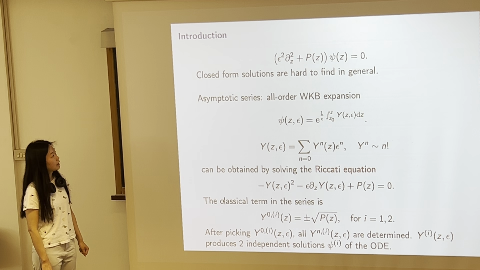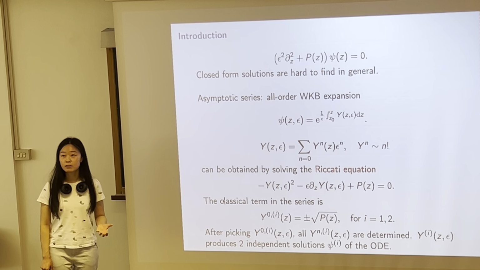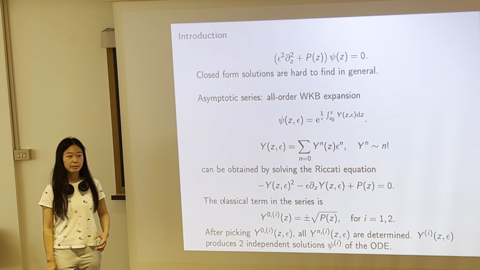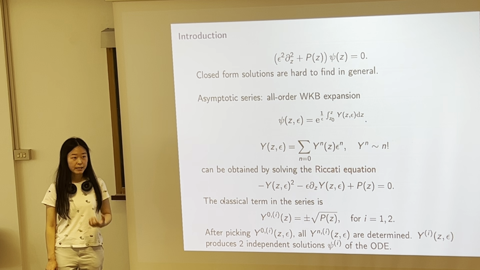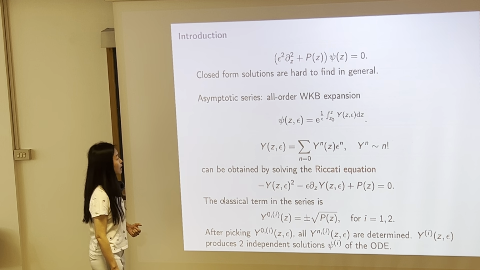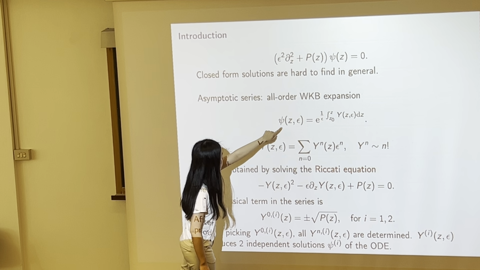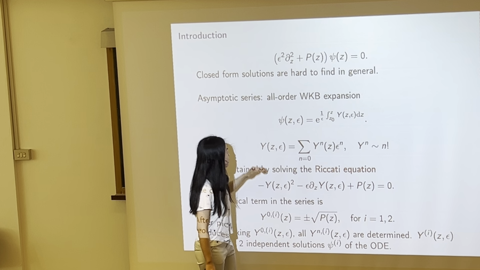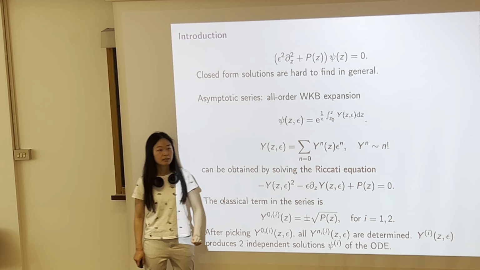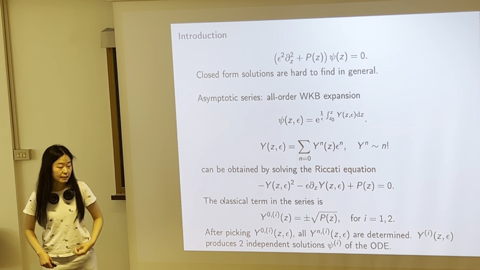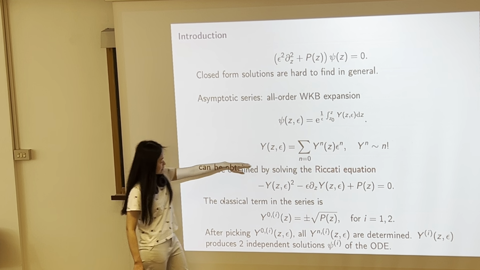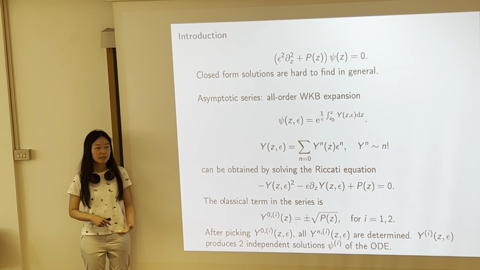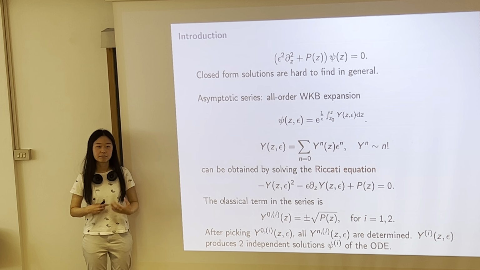Okay. So if we just have such a Schrödinger equation, we know that it's in general hard to find a closed form solution for it. And in the quantum mechanics class, there is this WKB approximation where we employ a WKB ansatz given by this exponential of 1 over the quantum parameter and the integral of some y, which is a formal series in epsilon. And what we did in the quantum mechanics class is that we are truncating this series because this series is some asymptotic series with the coefficients diverging n-factorially. And there, by using finite terms, we can already make some useful